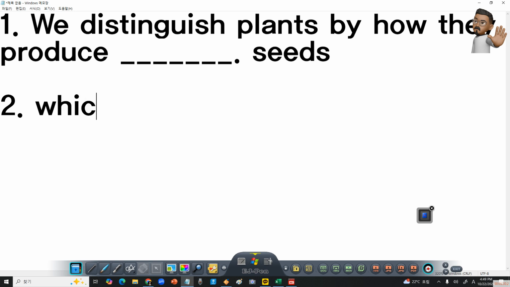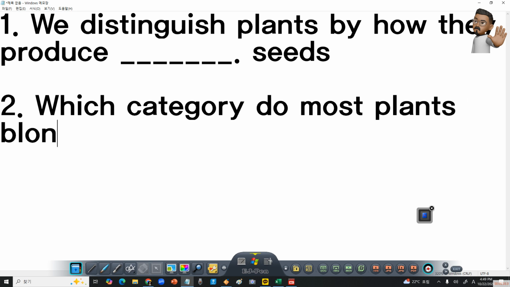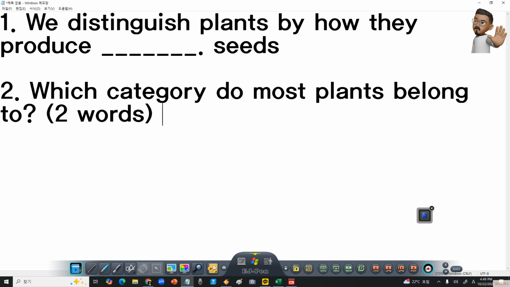All right. Number 2. Which category, which means 어느, which category, 범주, right, do most plants belong to? Belong to means 속하다. So which category do most plants belong to? Remember? 이거 가려야 돼. The answer? Yes, upside down, please. 이거 가려야 되죠? Yes. This is two words combination. All right. Which category do most plants belong to? So most plants belong to the answer F,